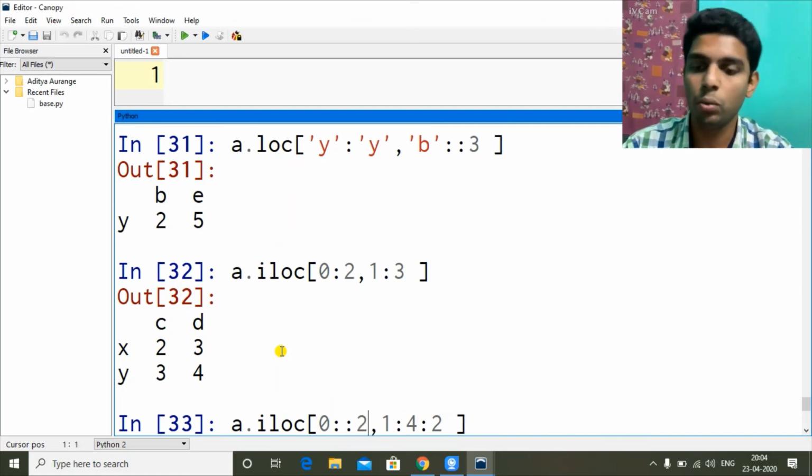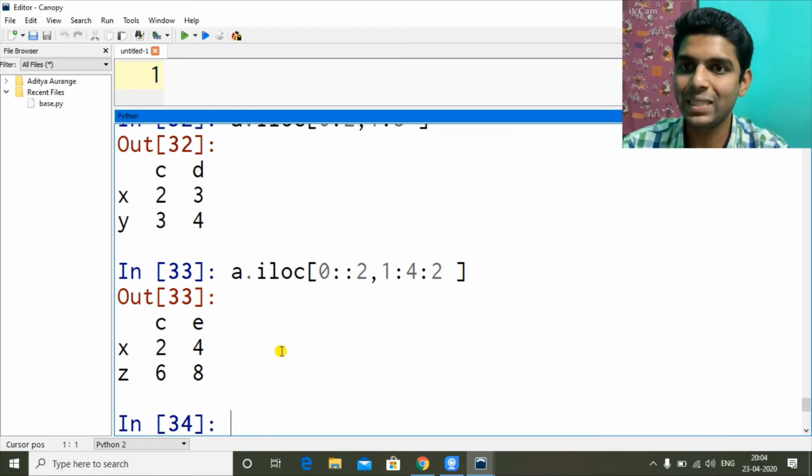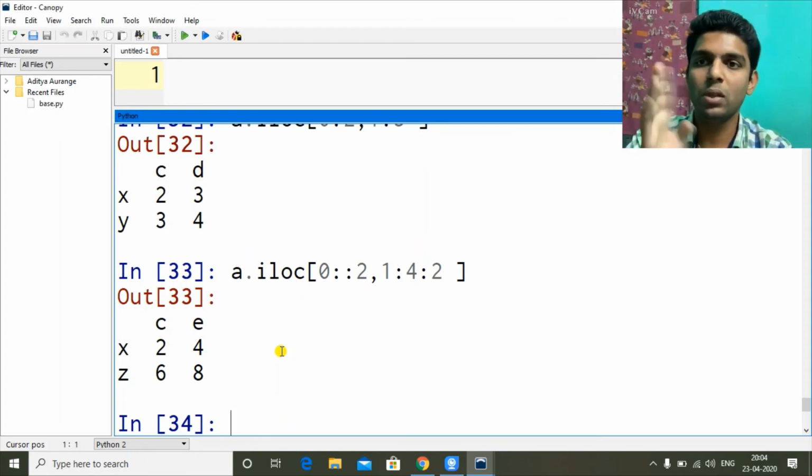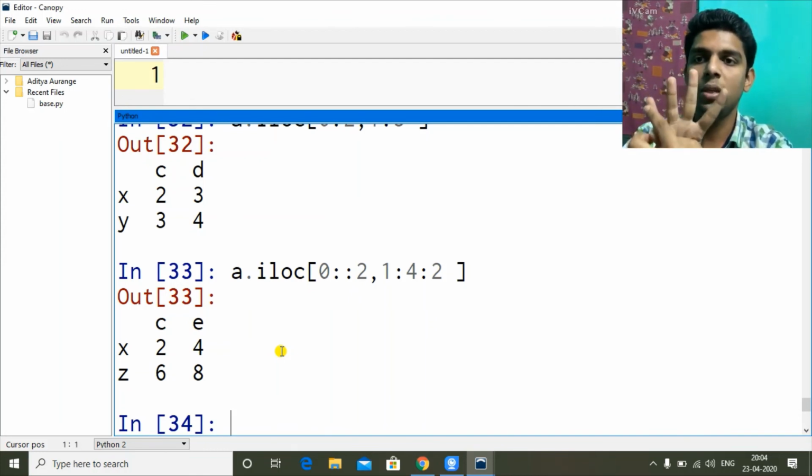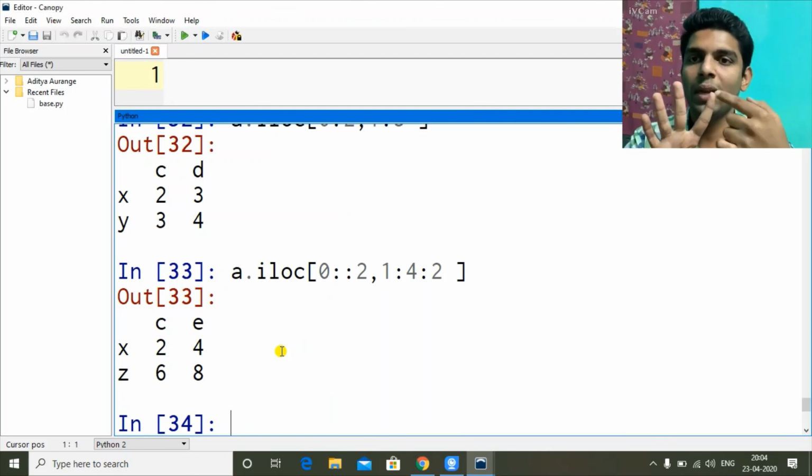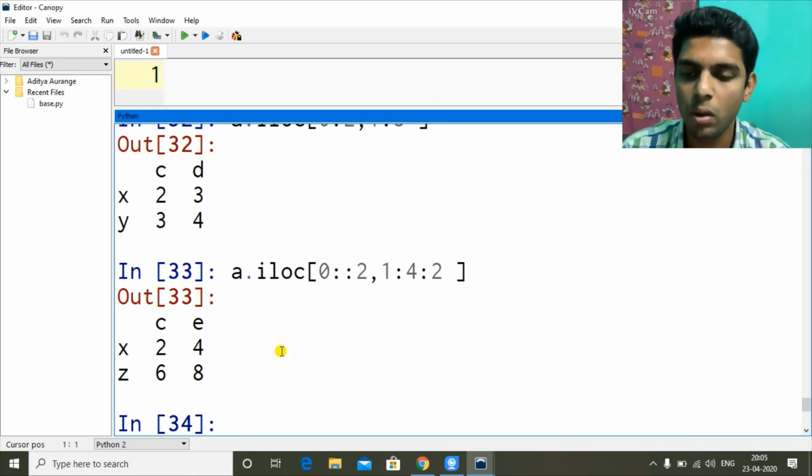So 0 and 2. So X and Z I got in terms of rows. And C, so B was 0. So starting with 1, I gave 1 to 4. So 1, 3. So I gave 4, so 3 will get included. After 3, 5, which is not there. So 1 and 3 we got, which is C and E.